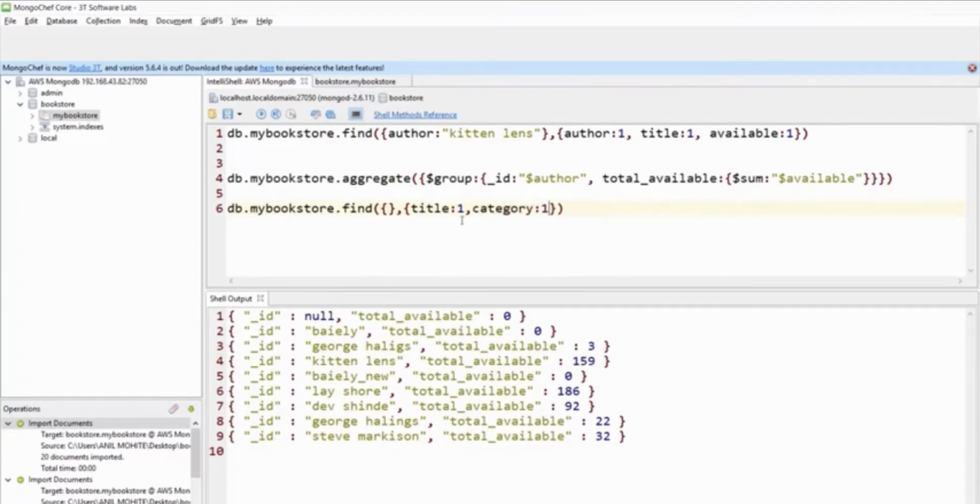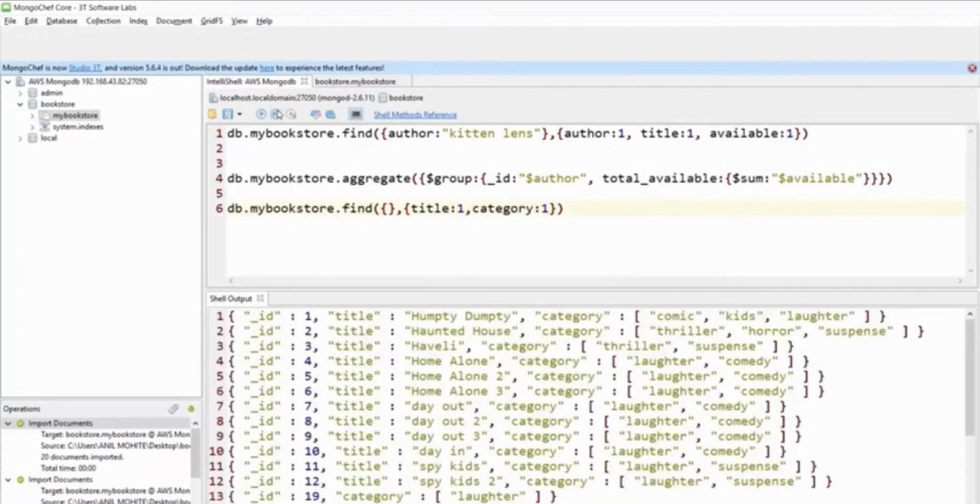Now I'll execute this. This gives me a list of different titles and their categories, and every title has multiple categories. If I talk about the title Haveli, it has 2 categories, thriller and suspense, and the ID is 3. Now what if I want to add one more category for Haveli?